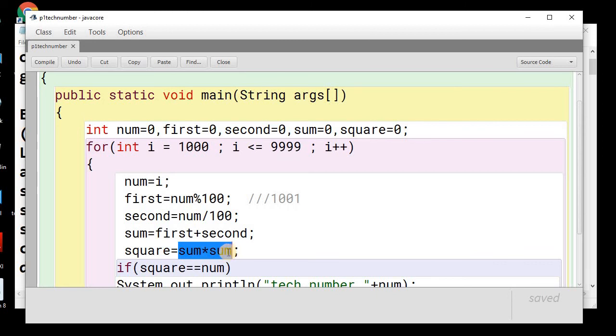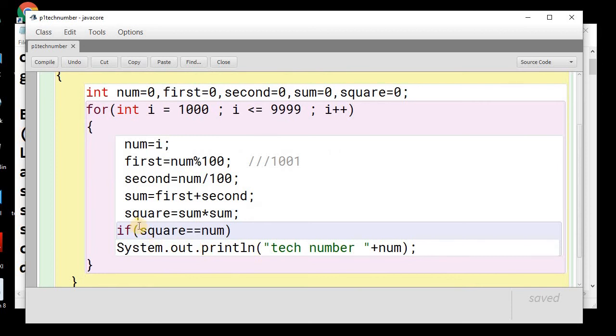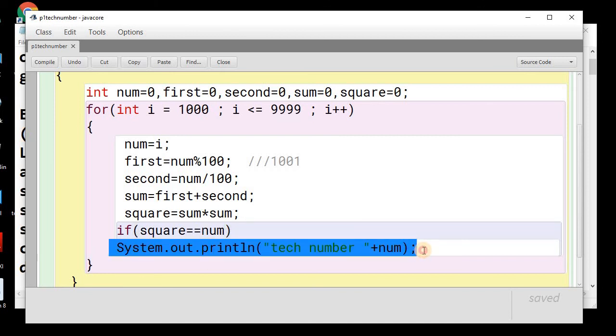This can also be done with the help of the Math.pow function, but we have not used library functions till now, so we are simply using sum into sum. You can also use Math.pow. Now the final step: we'll check whether this square is equal to the original num or not. If it is equal, then we'll display that this is a Tech number. So this loop will continue and the value will be updated.